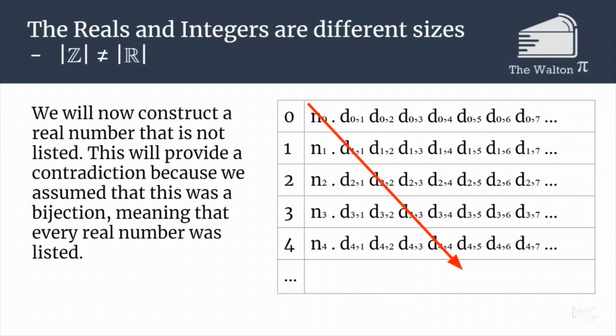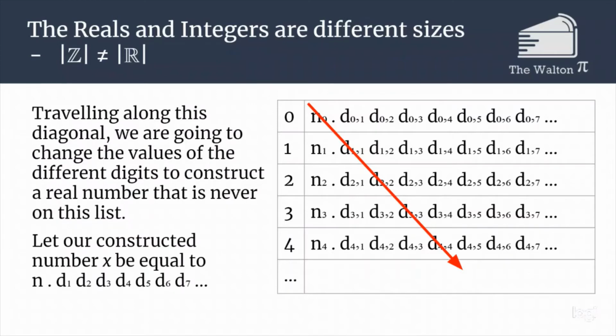So if we look along this diagonal, that's going to give us the way that we can construct this number that is not going to already be in the list. We are going to construct it so it is different from every number at exactly, or at least one position. So if we go along the diagonal, we are going to be constructing something that differs from each of those